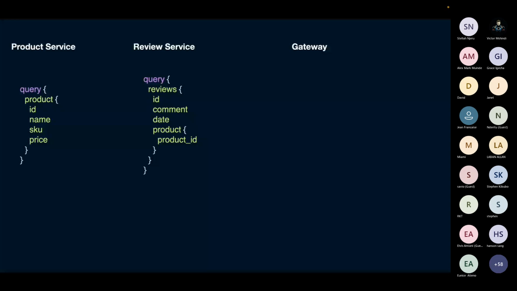These services are living in isolation. They don't even know about each other. Maybe they have their own DBs, but the gateway unifies the two, such that they live together. But the gateway is smart enough to know where this data lives, and it delegates this to the underlying services.